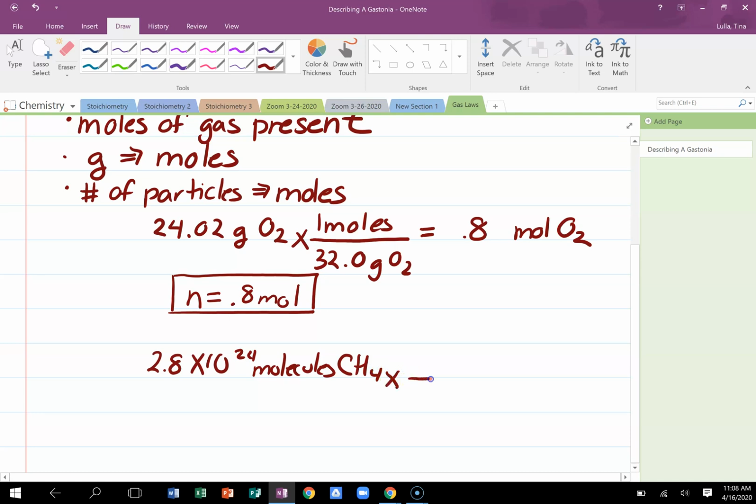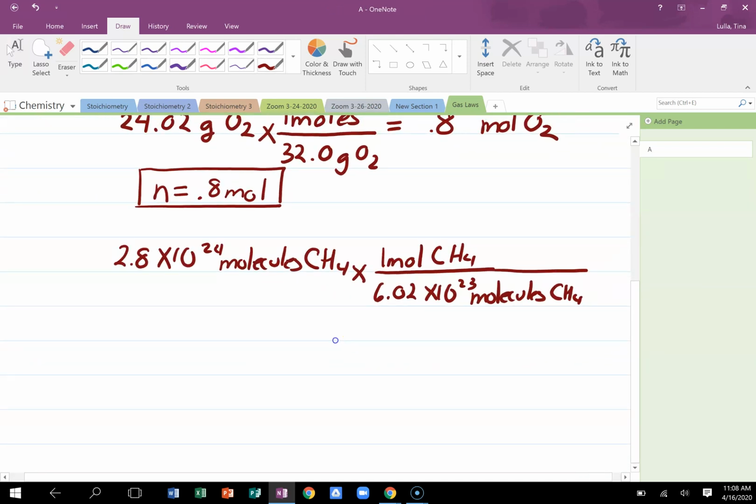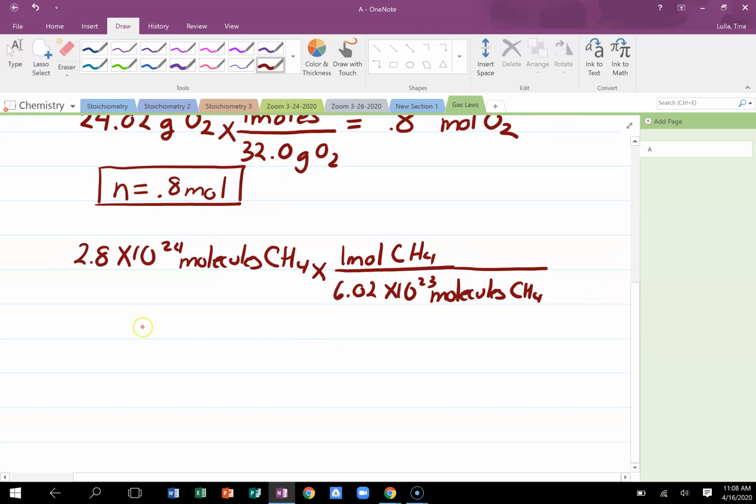I would just need to quickly convert that by using 6.02 times 10 to the 23rd molecules CH4. We reviewed that before we left for distance learning, so hopefully you remember how to do those